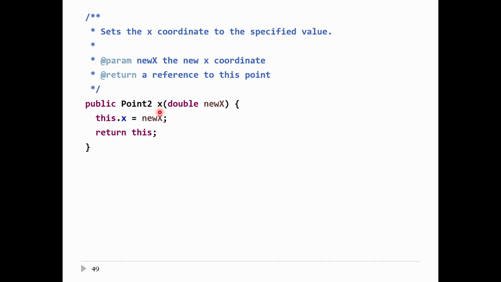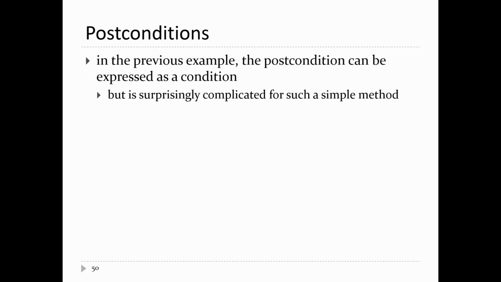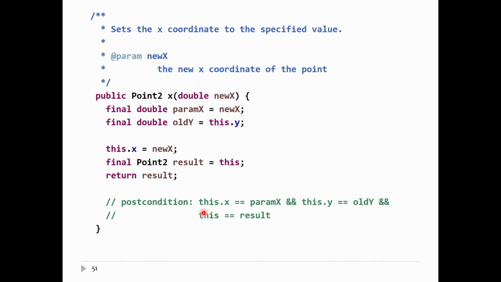So set x, which takes in a double value, changes the x coordinate of the point to new x. If you were to try to formulate the postcondition for this method, it would be something like the following. You want to ensure that the x coordinate of the point has been set to